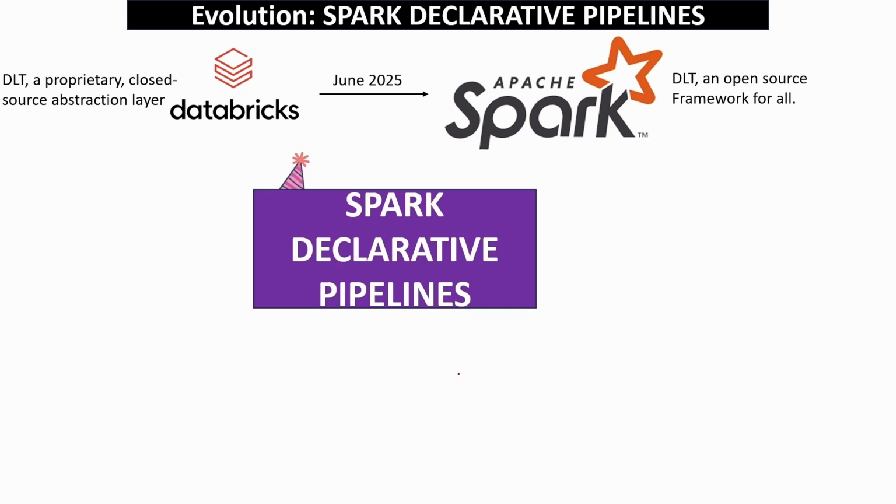I guess it should be crystal clear now what I have said till this moment. This is the time which gave birth to Spark Declarative Pipelines, or you can also say LakeFlow Declarative Pipelines. Some people say Databricks Declarative Pipelines. Anything is fine. And again, this is open source. So open source gives a lot of flexibility to the developers, right? So that's how